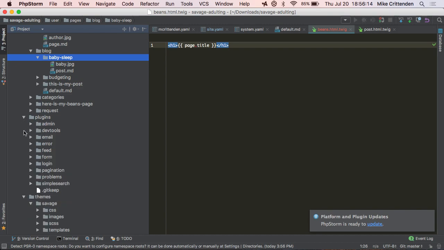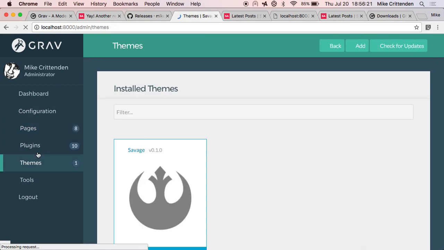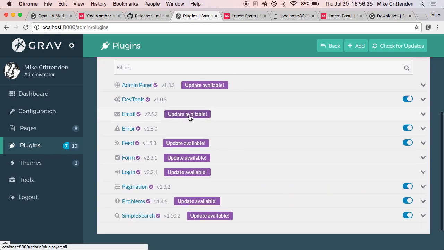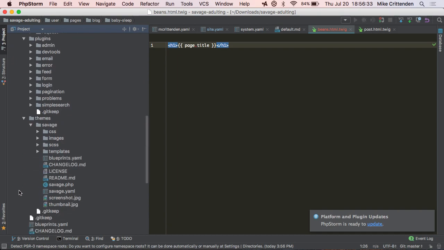Plugins. So, you know, same thing as WordPress plugins or Drupal modules, same idea. And that's also shown here on the plugins page. You can update on the fly here as well. And on getgrav.org, there's a nice little UI for browsing and searching plugins and all that kind of stuff. And the last thing is just themes, which I already showed off a little bit.